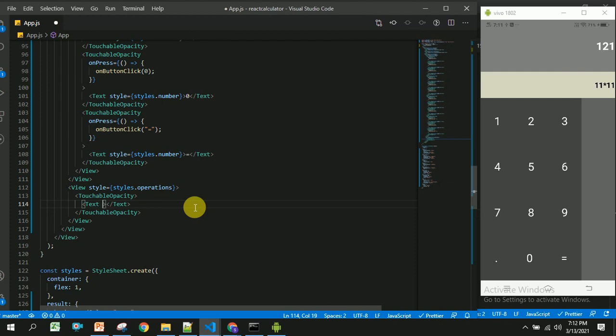To this text, I am going to apply some style, styles dot operation button, and I am going to write some style for this. To this I am going to give delete, and once the user clicks on this, the on press event will be called. As a result, a method will be called: on button click, on operation click.